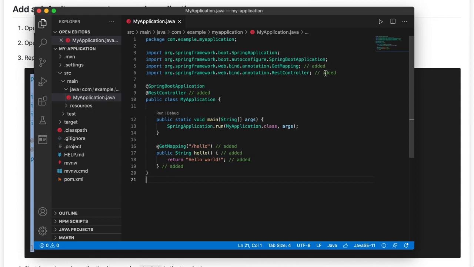So what we're doing here is just importing some library code to do mappings to say /hello and respond to that. And then we'll be responding with the words hello world. And so when we run this,